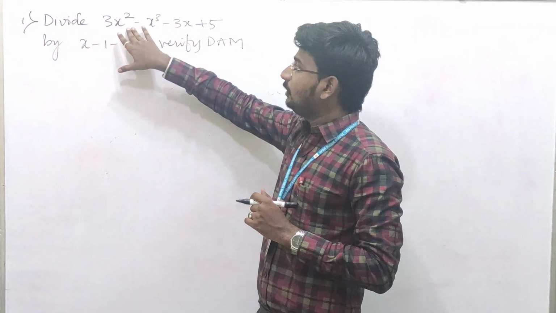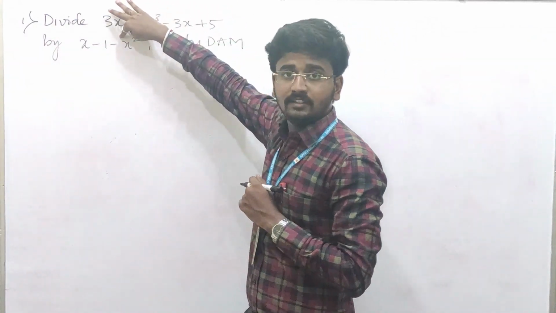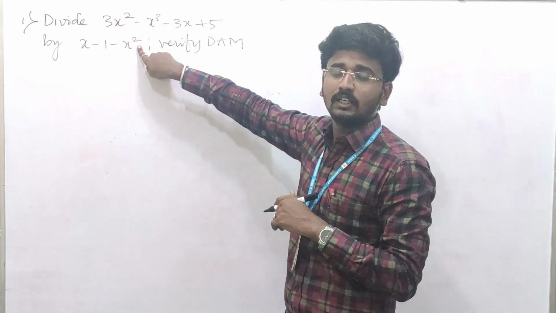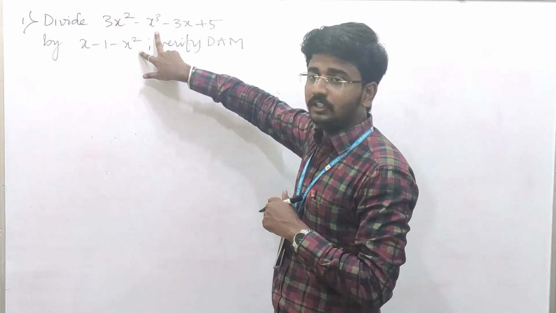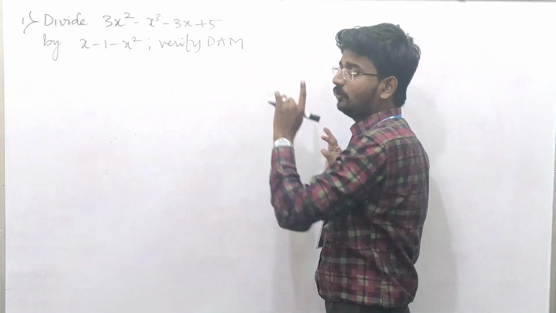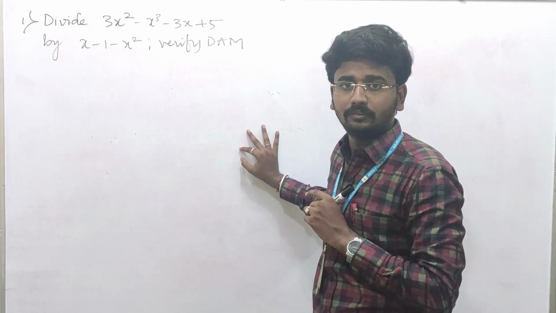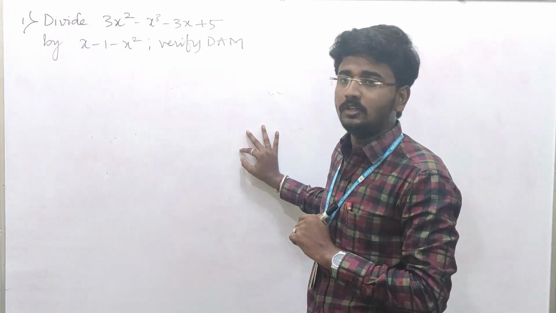Okay. Now there is one polynomial. Its degree is 3, so it's a cubic polynomial. A divisor with degree 2 is a quadratic polynomial. So with the help of these two, now I have to get q of x and r of x. Then substitute in the formula p of x equal to g of x into q of x plus r of x, and check whether LHS is equal to RHS.